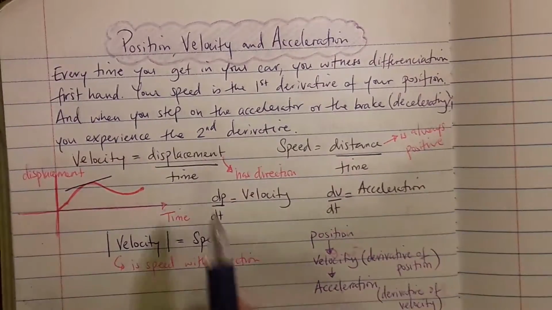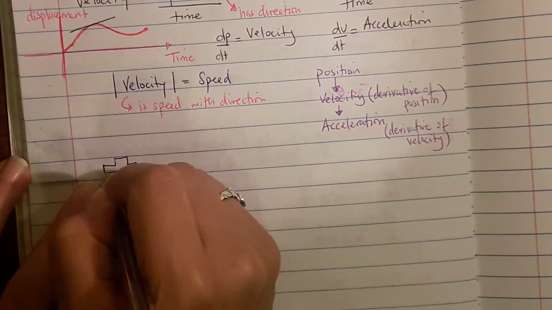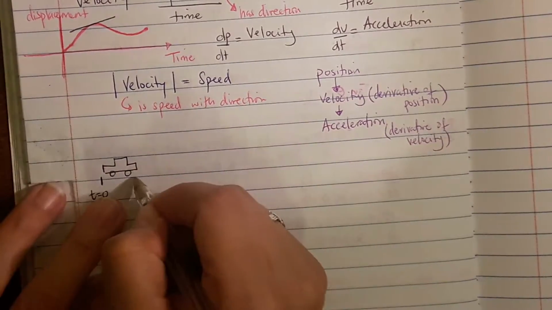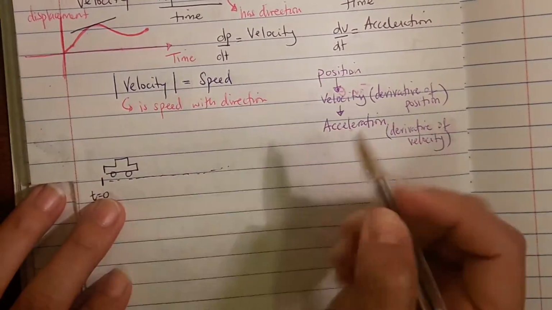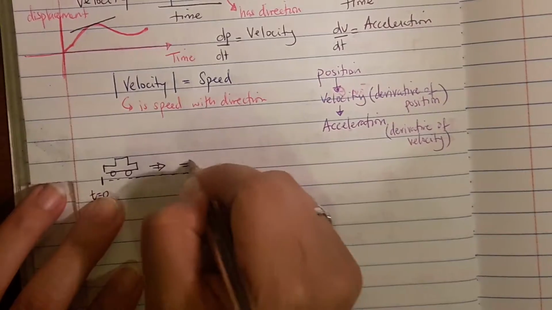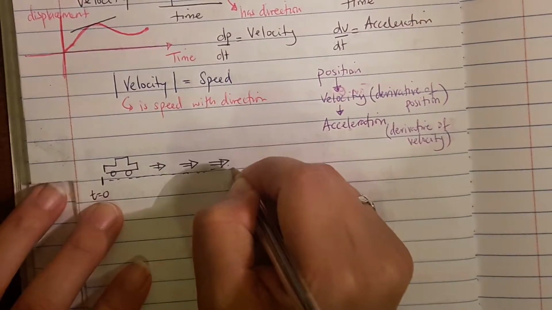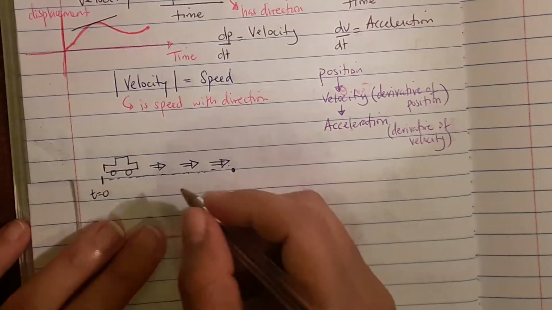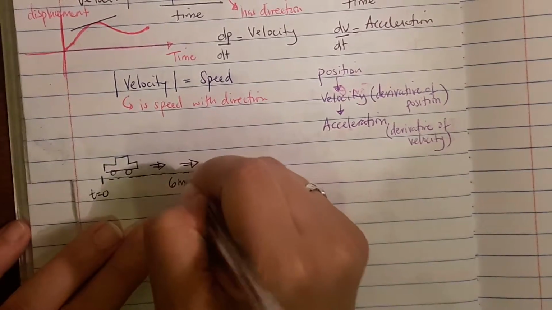Alright, so let me see if I can break this down in a way that you would understand. Let's say you had a car. I hope you can drive by now, but let's say you're in a car and you start off at some time which is like your initial time, which is t equals 0, and you start moving. You're moving forward, right? Let's say you move forward for 6 miles. You go in a straight line for 6 miles